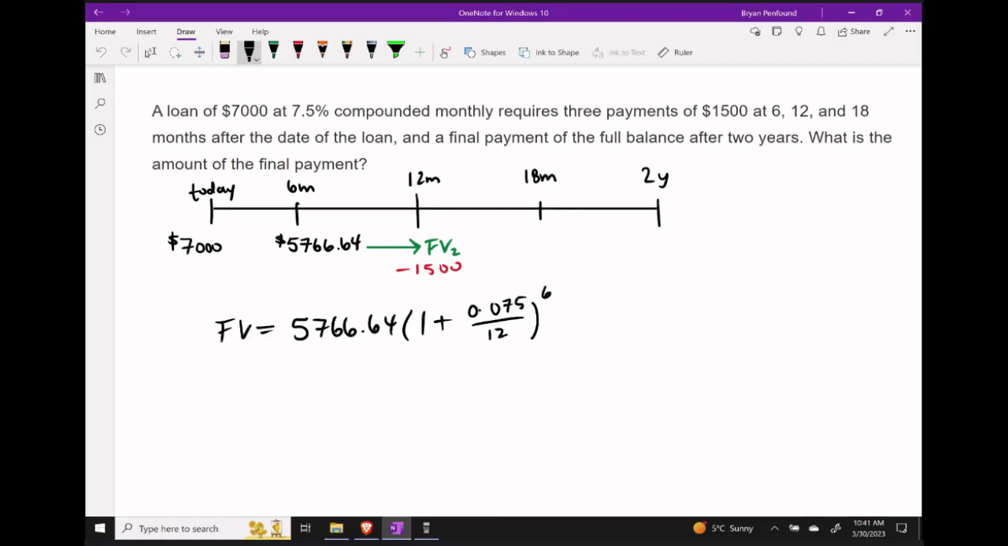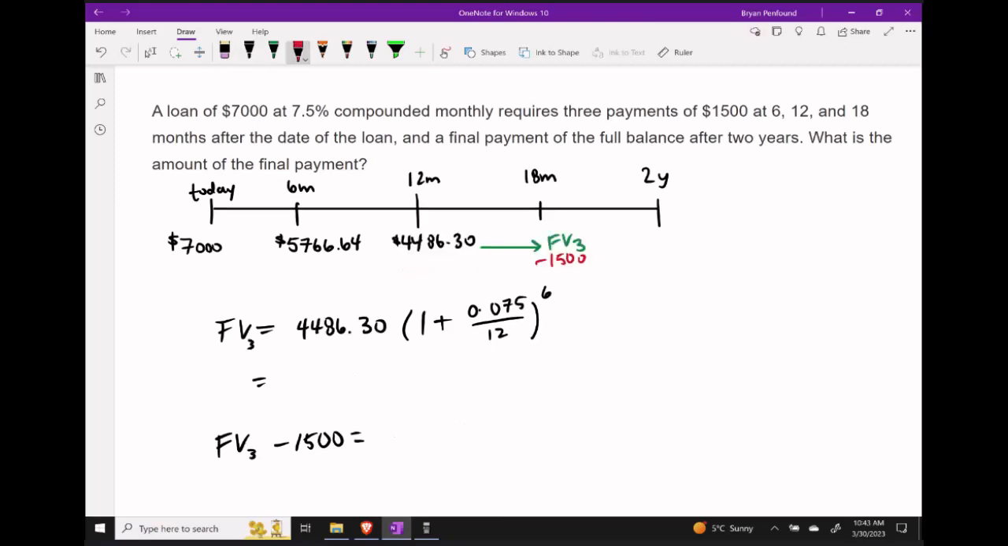Now we do have to be a little bit careful as we are applying these future values, because even though we're at the 12-month mark, n is still equal to 6. In other words, the amount of time between the 6-month mark and the 12-month mark is 6 months. So n should be equal to 6 here as well. Performing the multiplication, we should get a future value of $5,986.30. We are going to make a payment on the loan at this point in time, reducing our loan to